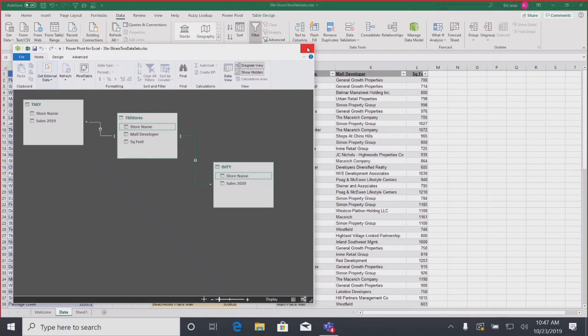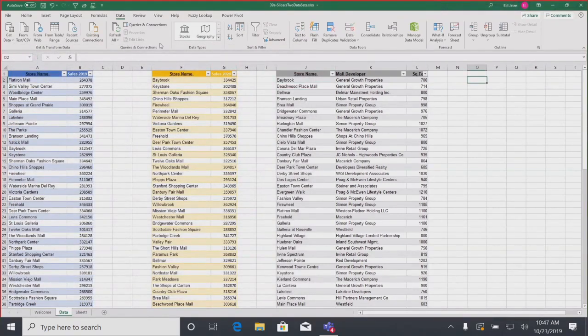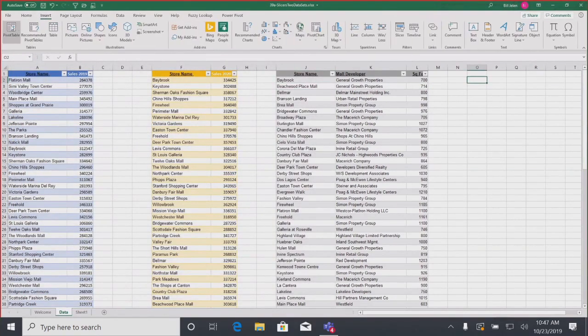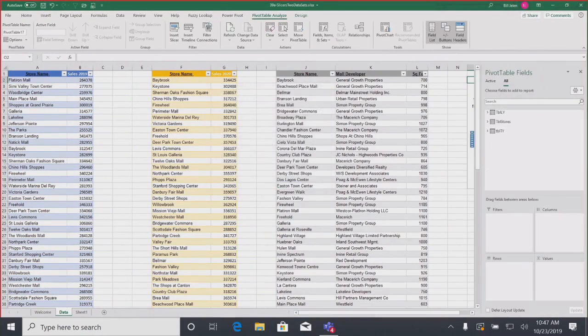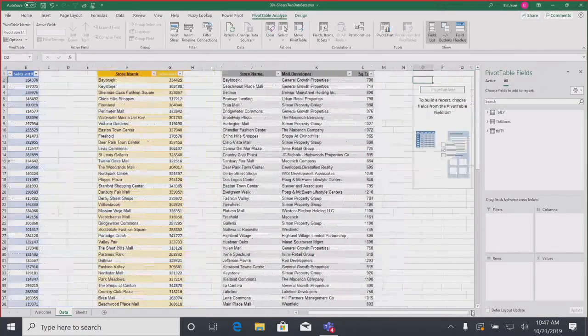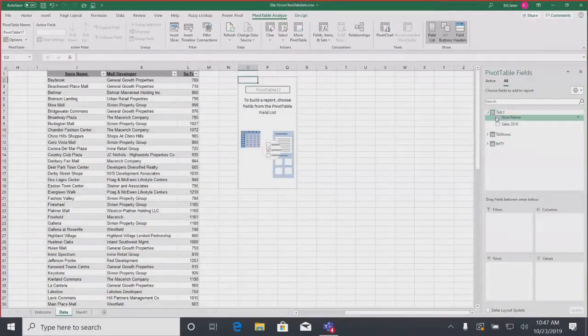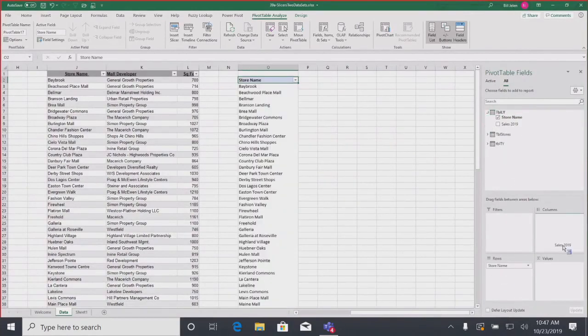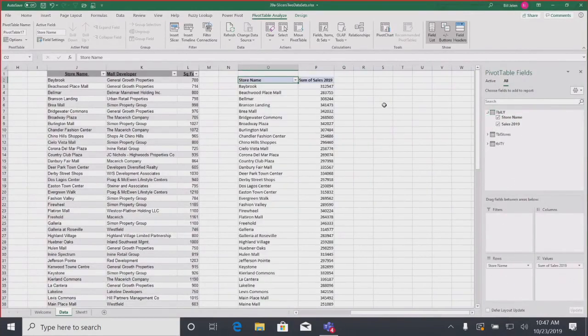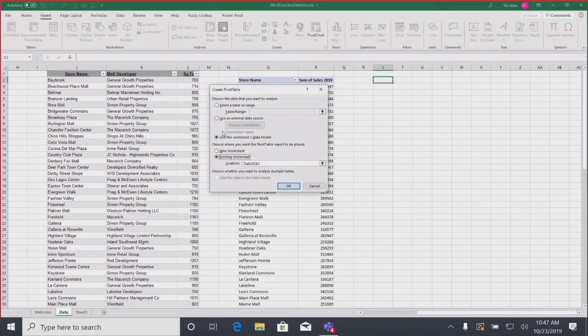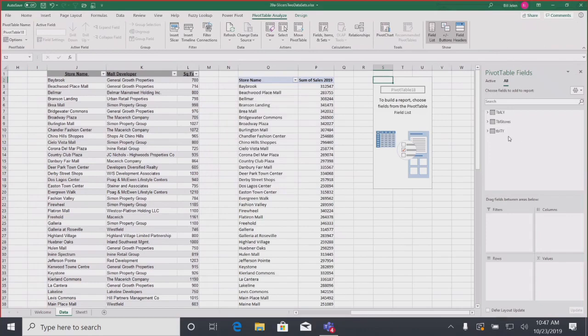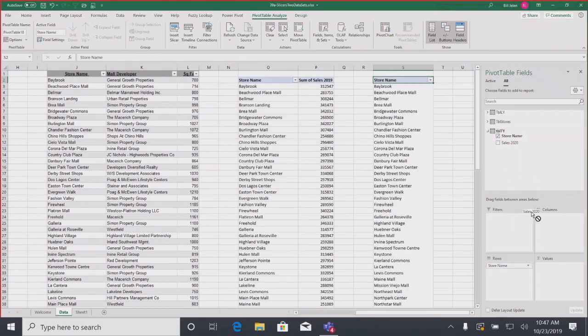All right, so we'll start here just from a completely brand new area. Insert pivot table. It knows to use this workbook's data model. It's going to go right to that cell. And first I'll build a last year report with store name and sales. And then over here, we'll put a new pivot table. So insert pivot table, use this workbook's data model. And this time from this year, so store name and sales.